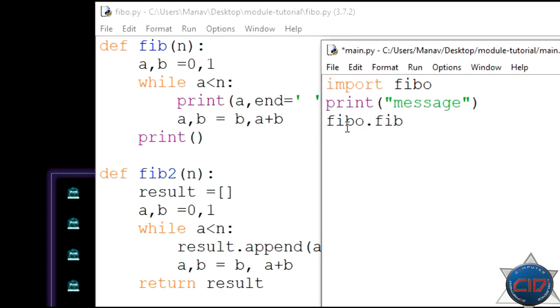We have understood that we can access any global variable of our module using the dot operator. Now under parenthesis we have to pass the value for n, so let me pass 10 here. Now let me save it and run this.